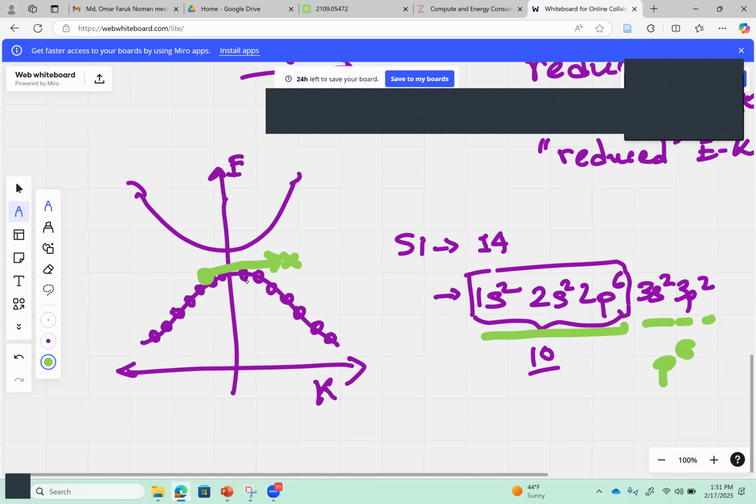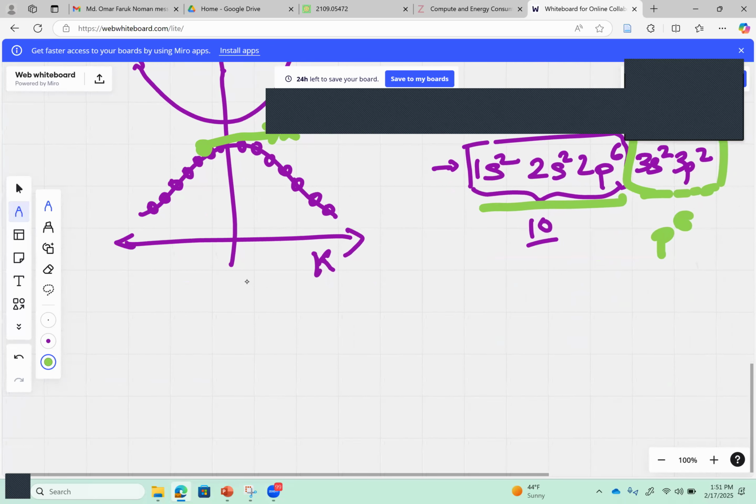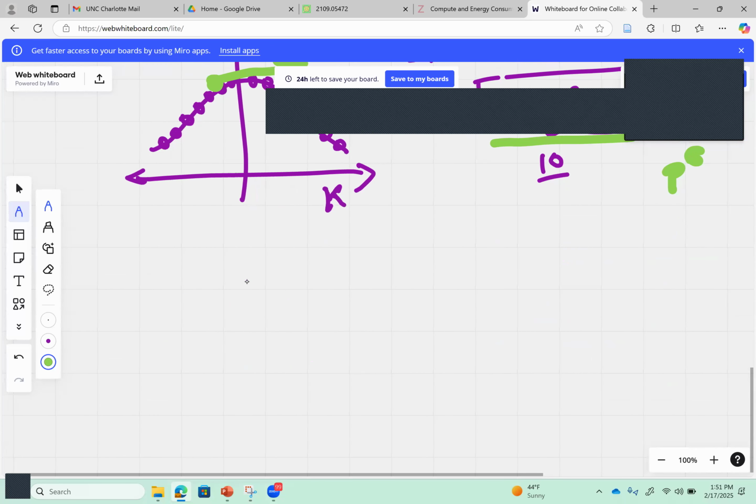So this means that these electrons in the outermost shell might have some empty states. But whether the empty states would be occupied by electrons or not depends on certain factors. For instance,